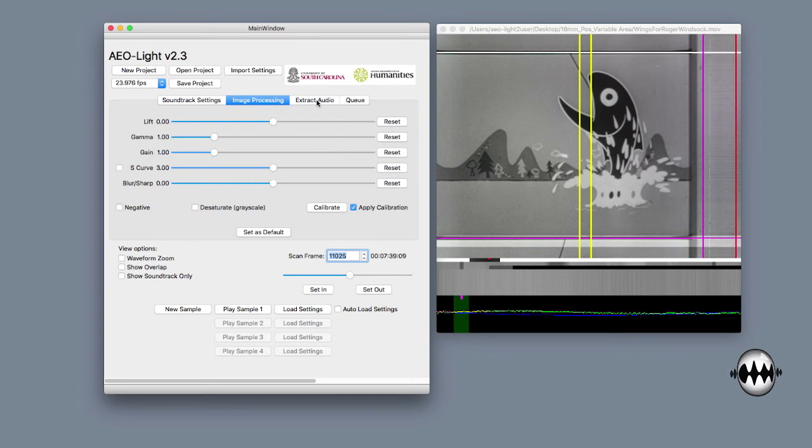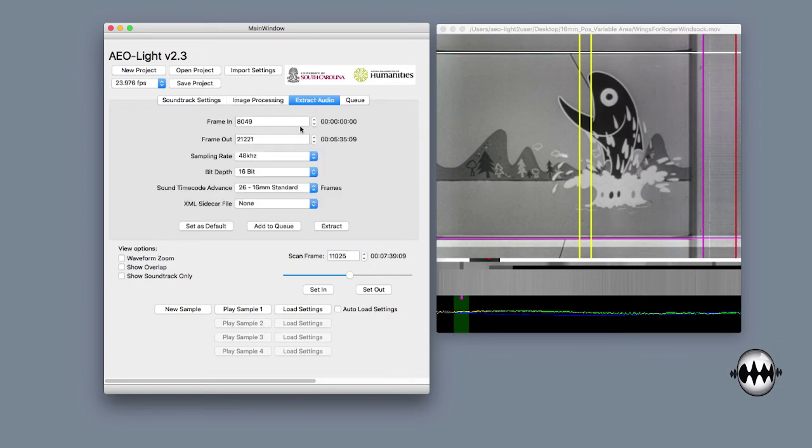So let's go ahead and just see what this audio sounds like. I'm going to just randomly go back to about 1,000 frames in and extract about 1,000 frames. I've got my sound time code advanced set for 26 frames, which is the standard for